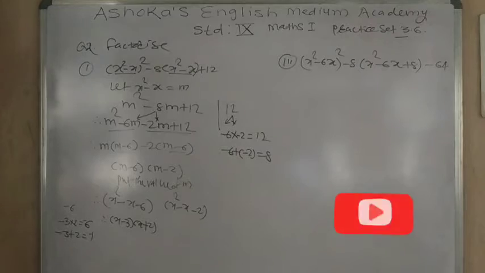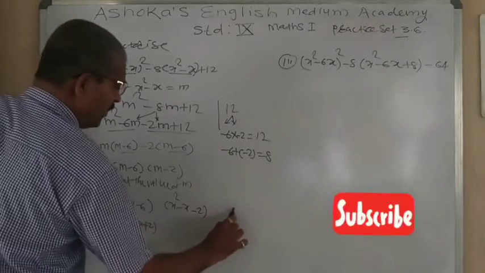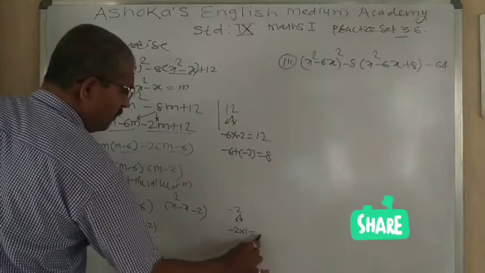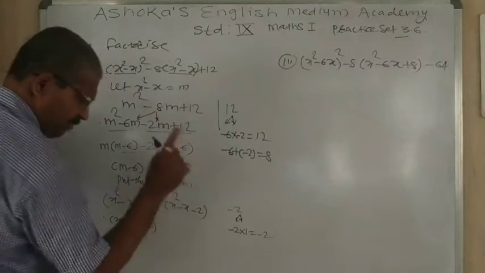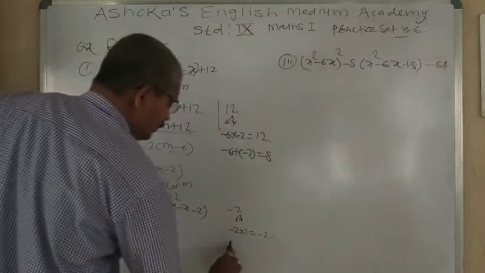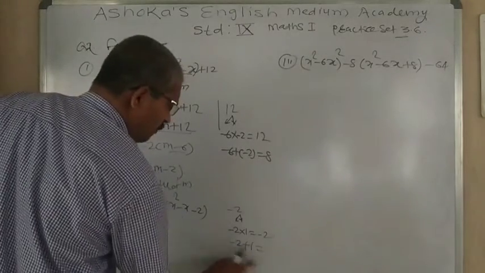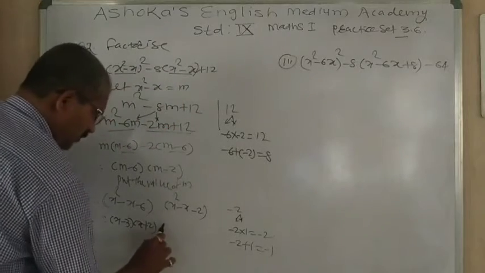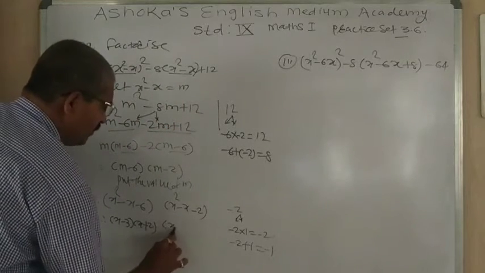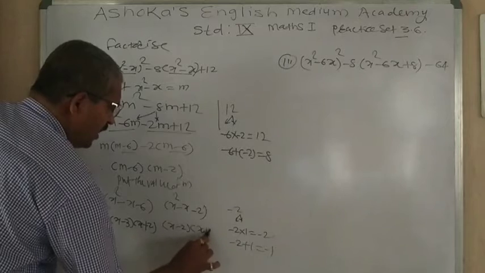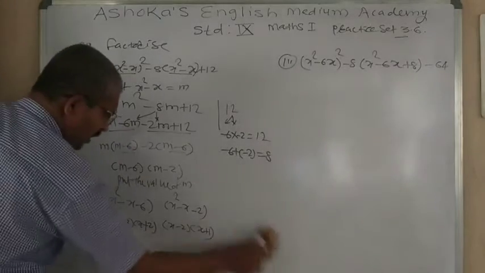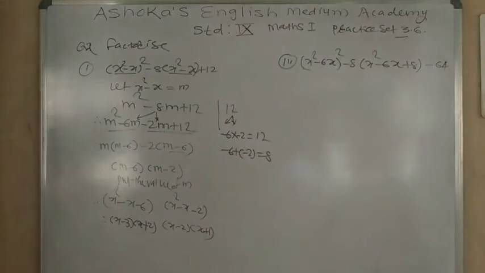Now in a similar way, here minus 2 we should split. Minus 2 into 1 gives the product minus 2. Minus 2 plus 1, if the sum is done, it becomes equal to the middle term. Therefore, what is the answer? x minus 2 and x plus 1. This is the answer. So in this way, it is very simple. And now we are entering into the next question.